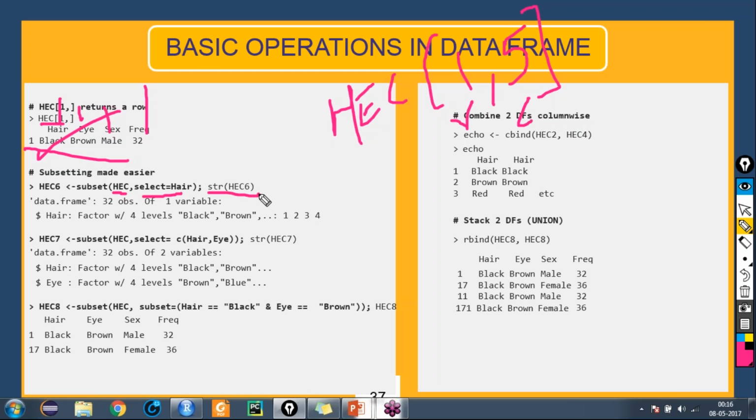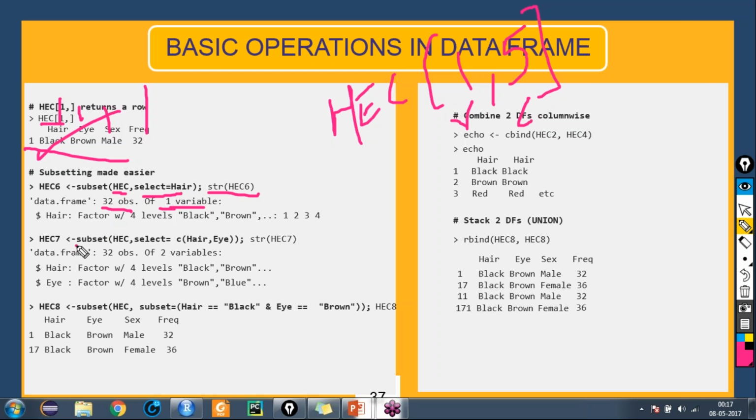And when we do str of this, we'll get 32 observations and only one variable, which is hair, and this will get stored in our hex 6, right? This is the same thing which we have done, but in very different ways we can do things. Now again we are storing into hex 7, we are doing subsetting,